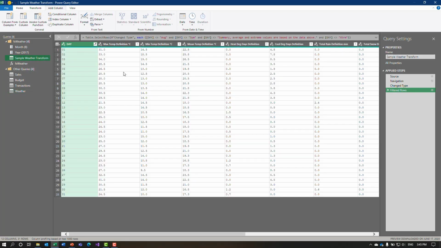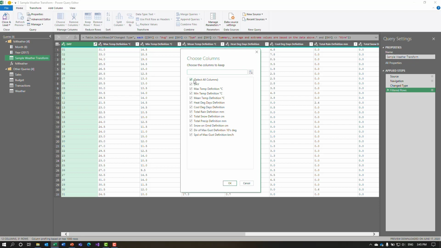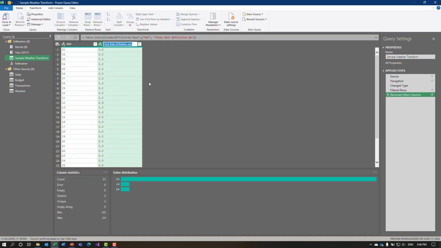And in the sample weather transform, I'm going to look at this and say, you know what? I don't want all these columns, so why don't we choose our columns, and we'll unselect all. We'll choose to grab the day and the total rain definition in millimeters. We'll say OK. There we go. So I'm going to change the name of this column here, and I'm going to call this one